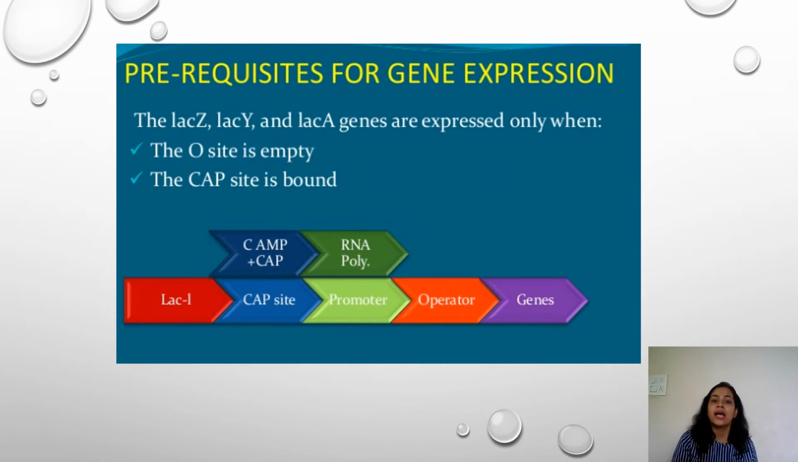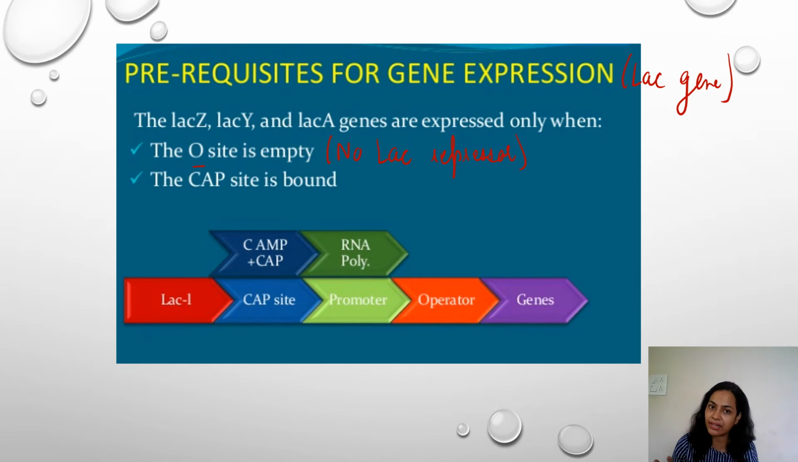Okay, now the prerequisite for the expression of genes, या कौन से genes की बात हो रही है? लैक genes. कौन कौन सी conditions हैं कि लैक genes तब repress हो सकती है? Okay, only when O site is empty. That means जब operator empty हो, that means there should be no lac repressor. When there is no lac repressor, right, lac repressor नहीं है to repress the activity of the gene, only then